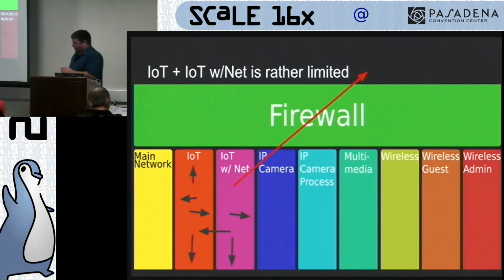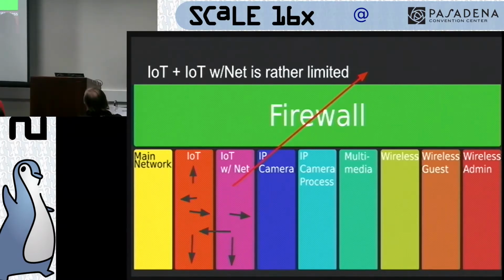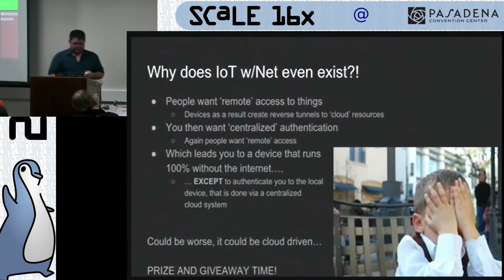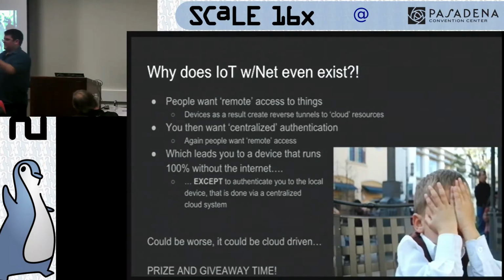So, good on you, sir. Okay, now, I've talked about not wanting my IoT devices to have access to the internet, and yet I have this VLAN that says IoT with internet access. That seems really odd, because IoT things scare me in a lot of ways. So there's some reason for this, and I go back to the fact that generally consumers want access to things. There are a lot of gateway type devices for Z-Wave and Zigbee and all these kinds of things, and the open source ones are all great, except they are about as user friendly as bashing your head on a text console with a brick,